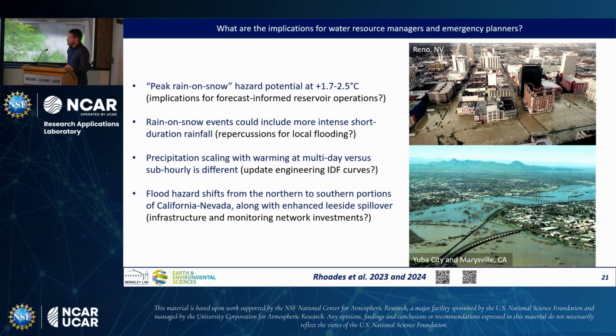So another part of my job is to talk to water managers and try to make sense of the jargony things that we do with models or kind of wonky things. So I try in my talks now to distill what I think are some of the main points of the study and distill it in a way that hopefully is more understandable. So peak rain on snow hazard potential is accentuated at about 1.7 to 2.5 degrees of warming because you can still build near normal snowpacks, but they're more ripened and available to ablate during rain on snow events or other